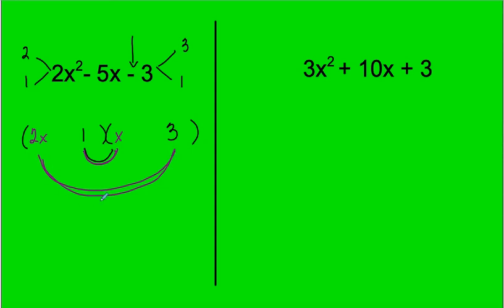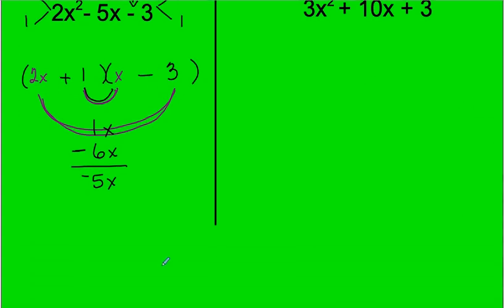That's going to give me an outer term of 6x, an inner term of 1x. For those to add to -5, the 6 would have to be negative. That would give me -5. So the 6 came from the outer terms, so negative, positive. And again, if you think about this using the area model,